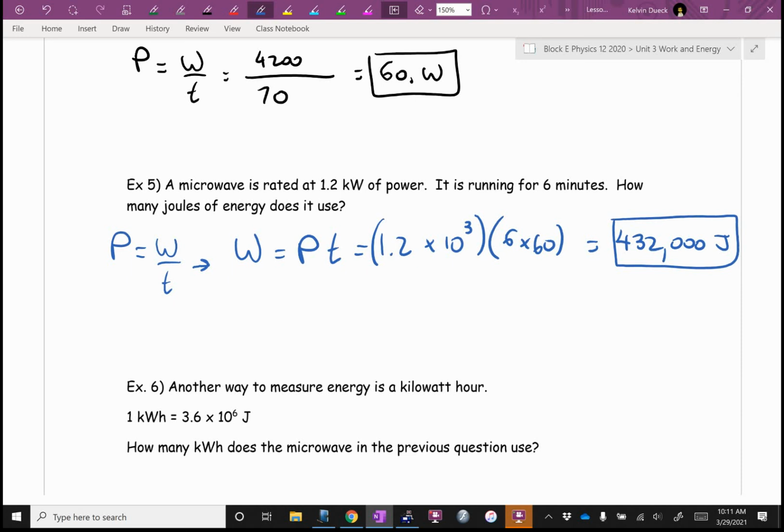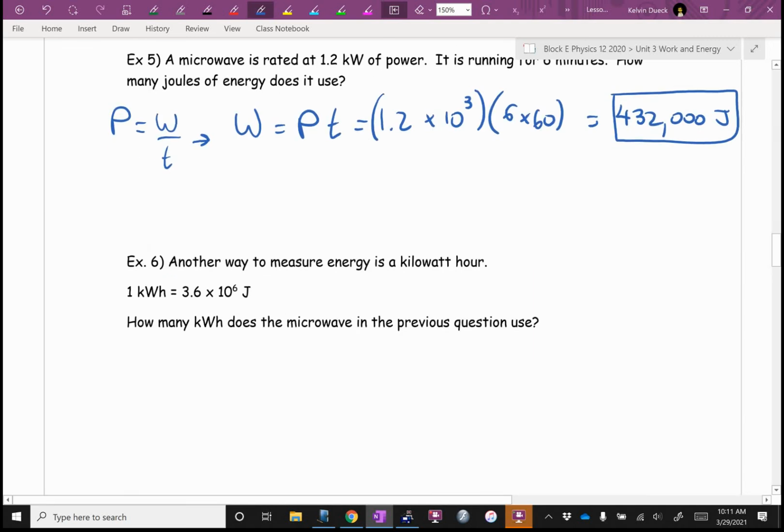In fact, if your parents received their energy bills, your parents are charged by BC Hydro how much energy they use. If they received their bills in joules, they would freak, because most houses use a few billion joules of energy a month, and people don't have a good grasp of numbers that big. Many people that don't have a strong math background don't know the difference between a million and a billion and a trillion. They don't grasp that concept.